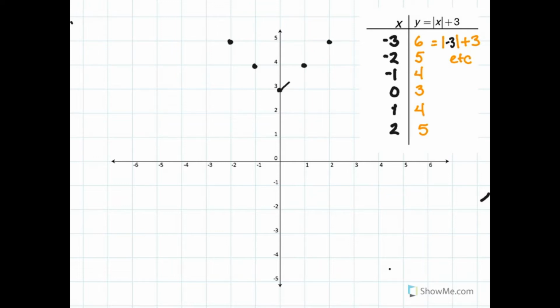Well, the way we learn to do it later is to recognize a type of equation and understand what shape that type of equation has. In this case, I know that the absolute value of x, not to any power, will make a V shape, and so I can connect the points with a V. We'll learn to graph many different types of equations and to find important points on those graphs, like the point (0, 3) here where the graph turns around and goes back up.